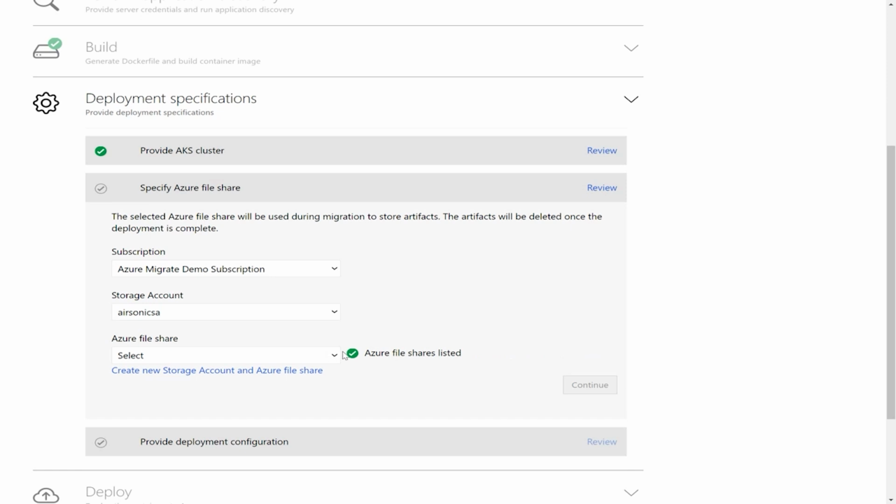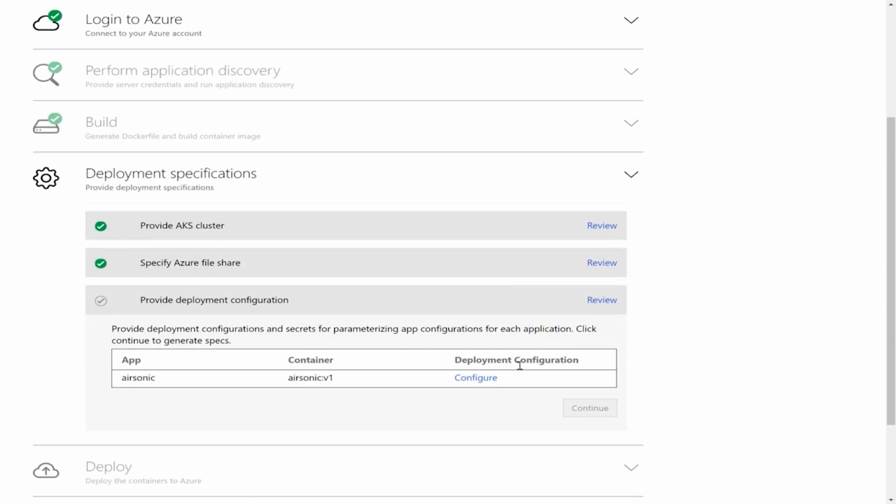Since I selected the option to use persistent volumes with my containerized application, I need to specify an Azure file share that the tool can use during the migration process to upload data that needs to be stored in the persistent volumes. The tool uses this file share as an intermediate store for content that needs to be moved over. I then specify the other application settings that are needed to generate the YAML files by clicking the configure button